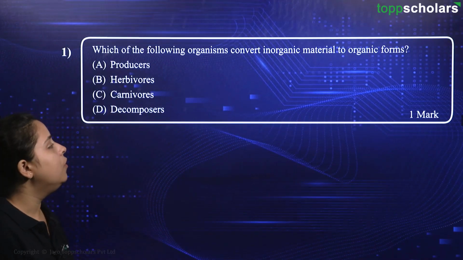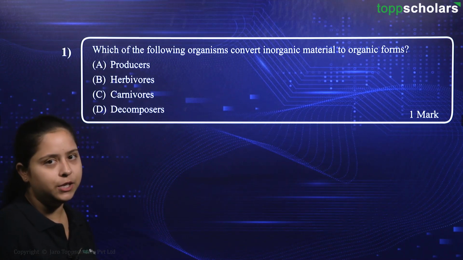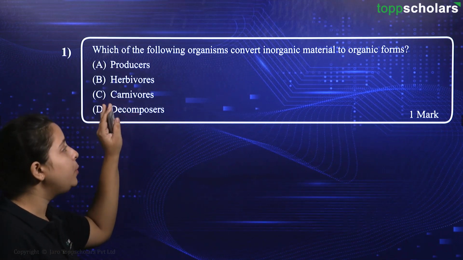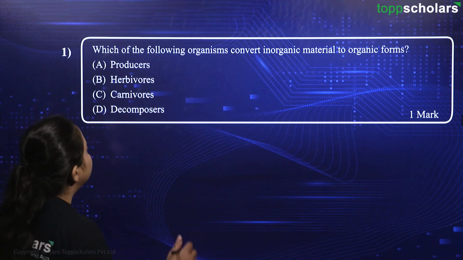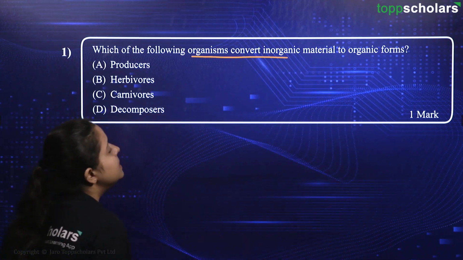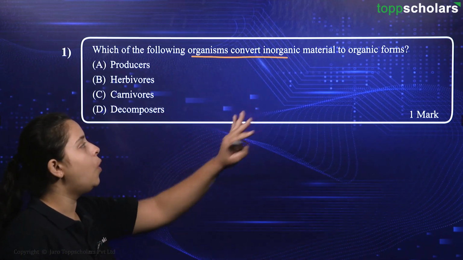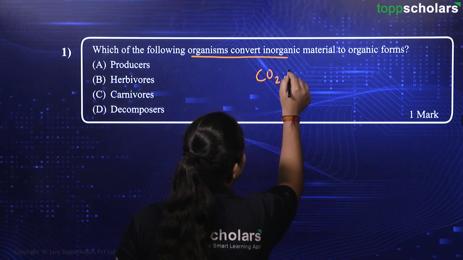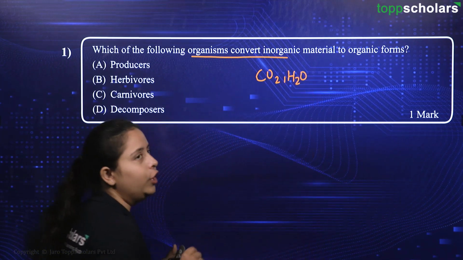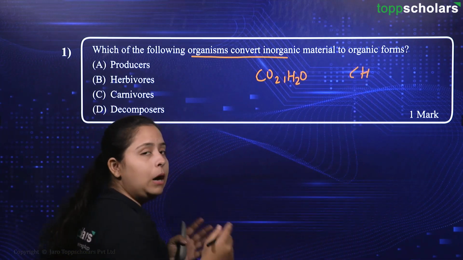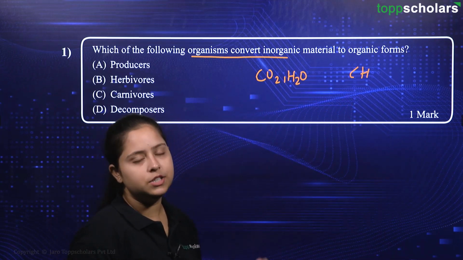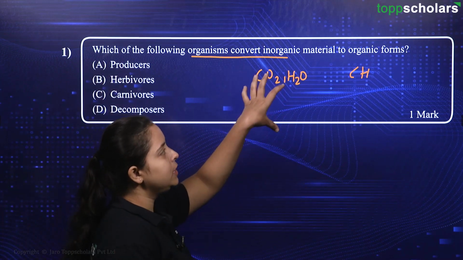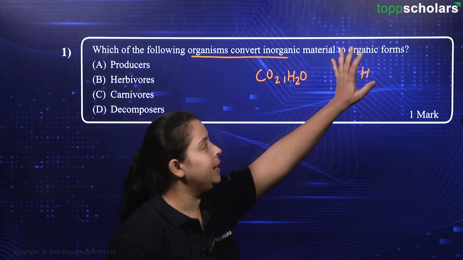Here is the question coming for 1 mark. The question is an MCQ, that is understood to you. Multiple choices are given to you. You need to choose which one is the appropriate answer for this question. Let us have a read for the question. It says, which of the following organisms convert inorganic material into organic forms? Inorganic meaning, yes, your CO2 or H2O, these are the forms which are inorganic. Organic means the compounds having the hydrocarbon in their structure, alright. So basically, which of these organisms tend to convert these inorganic material into carbon-containing organic forms?